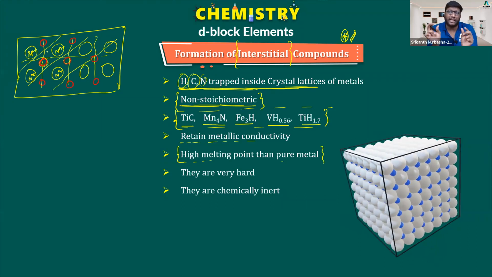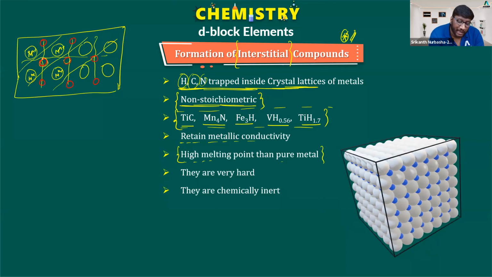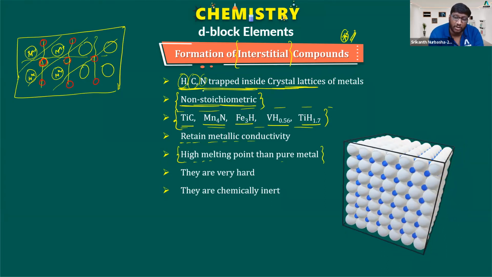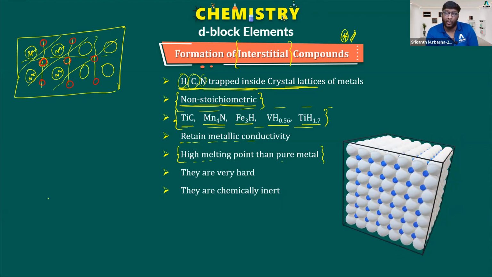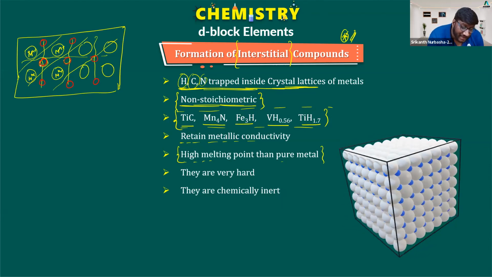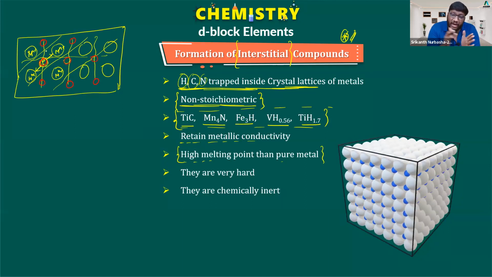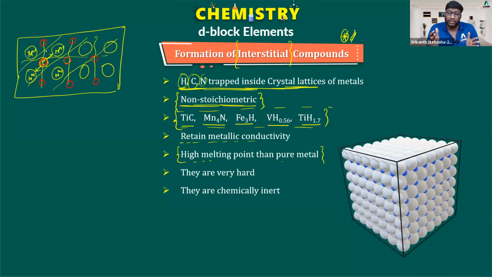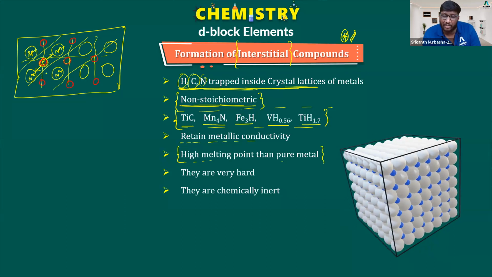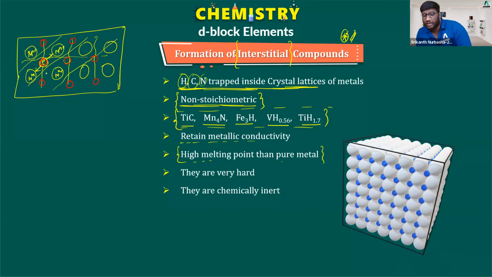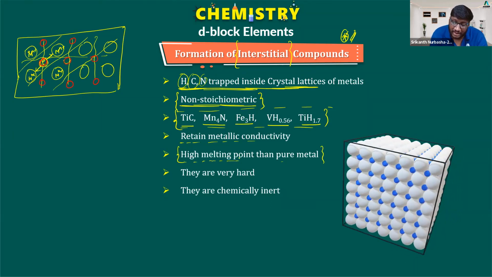But between two metal kernels, there is also repulsion or not? Positive charges repel. But if I place an interstitial atom like hydrogen or carbon or nitrogen, the repulsion between the metal kernels can be decreased slightly. Why? Because in this small atom also we have electrons. Because of that, these metal kernels move away slightly. Because of that moving away motion, repulsions are going to be decreased, so they are going to have a much stronger melting point than the pure metal.